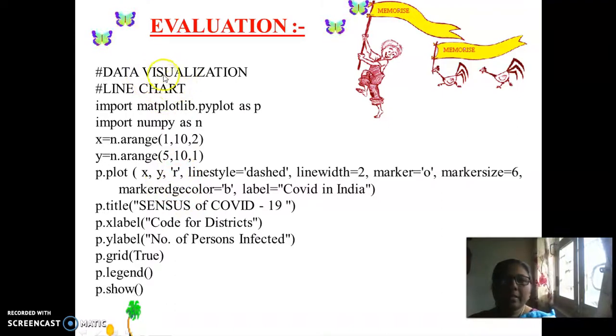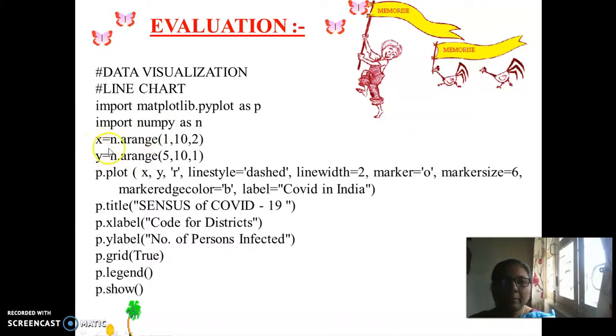Now let us come to our next beautifying program, wherein the first command is import matplotlib.pyplot as p. Now I'm using numpy arrays to generate two arrays for x coordinate and y coordinate.